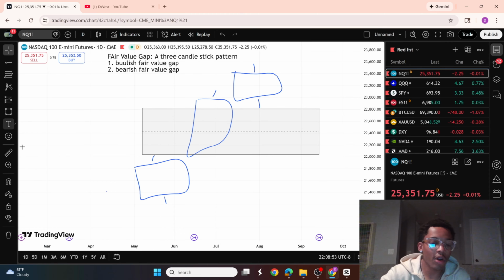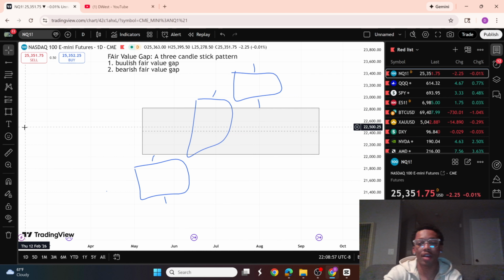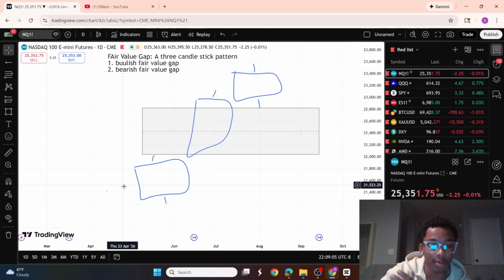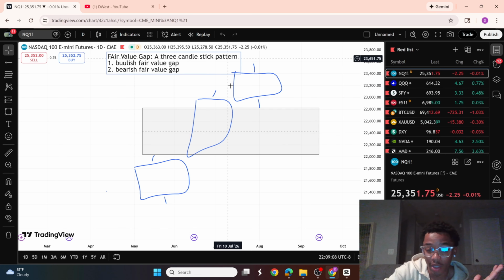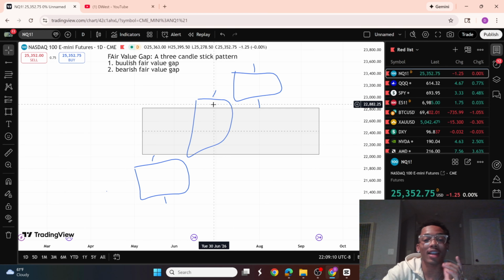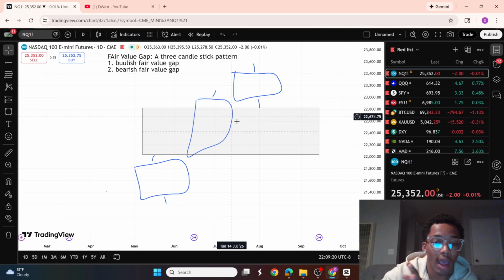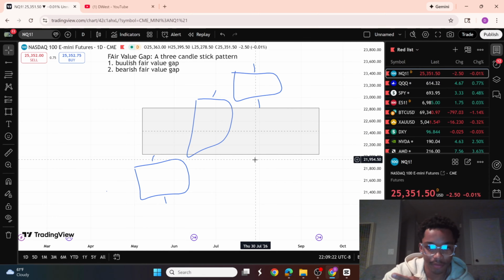Now, these don't all necessarily have to be the same color just because it's a bullish fair value gap. It's only called a bullish fair value gap because there was a bunch of buy orders in this one specific direction, because price likely broke structure after a liquidity sweep and left a gap. This is ideally the best type of gap that we'll get, one that occurs after a break of structure. Okay, I will go into this further on entries and specific entries on the charts after this video.